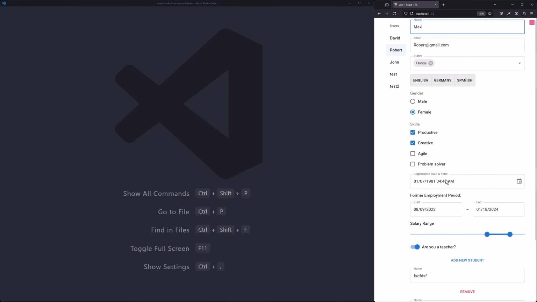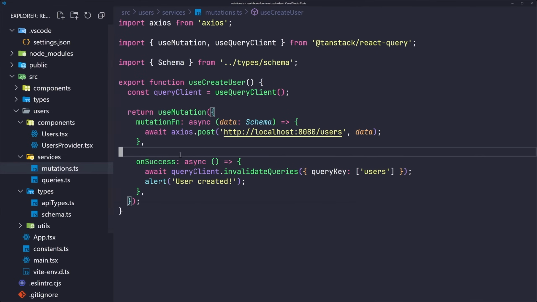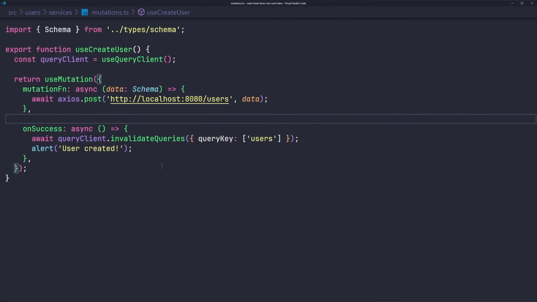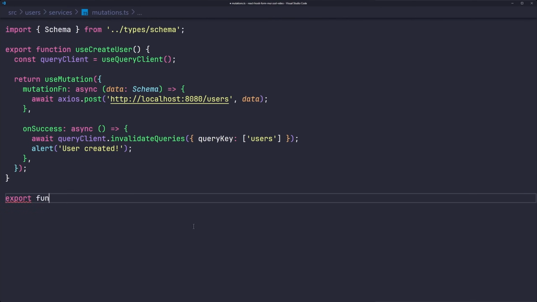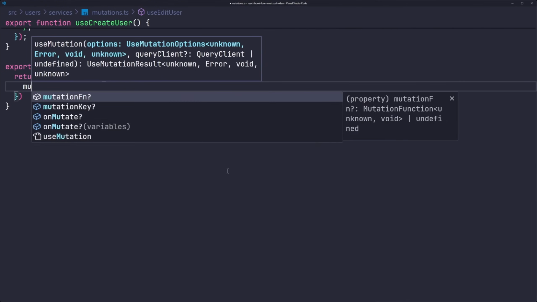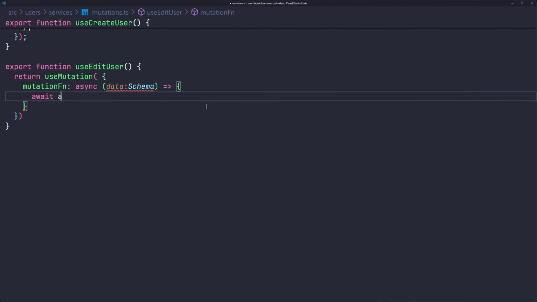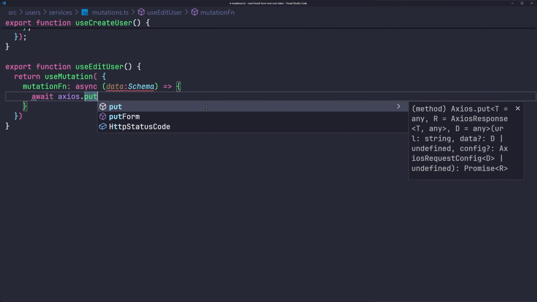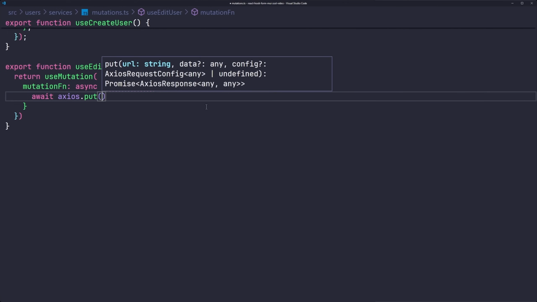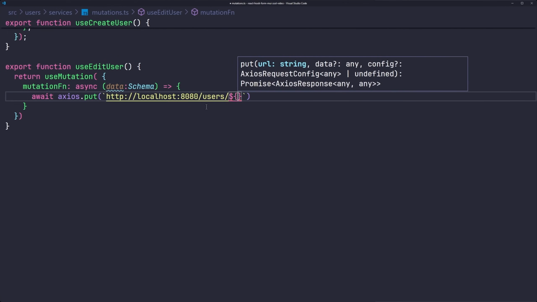To implement the editing capabilities, we just need to simply go to the mutations script again, because we're going to script something on the server. We're going to create another hook called useEditUser here, like this. Return useMutation here. For the mutation function, just pass the async data, which is of type the form schema, and simply pass the data to the put method of Axios on the endpoint of http localhost 8080 users, and with the ID of